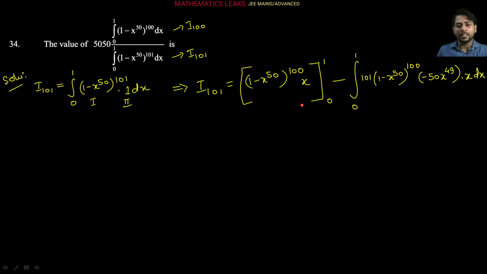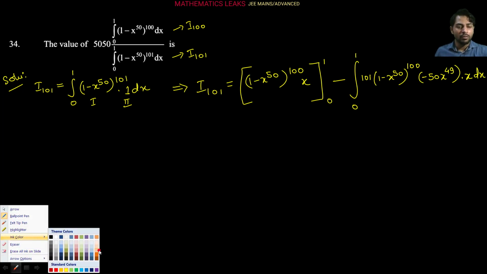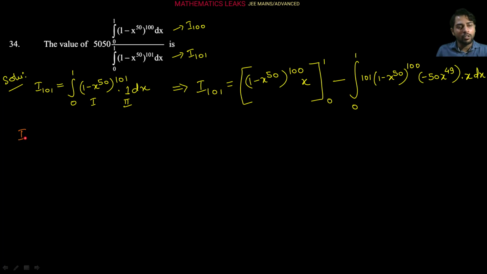So from here you can see, if you are putting this upper limit, so 1 minus 1 it is 0 here, so overall it will be 0. If you are putting lower limit 0, so this part will be 0, so overall 0. So this overall meaning is coming 0 only, correct now? So no need of mentioning that. So we are writing here I101 is equals to, this is completely 0 as I said here, right?